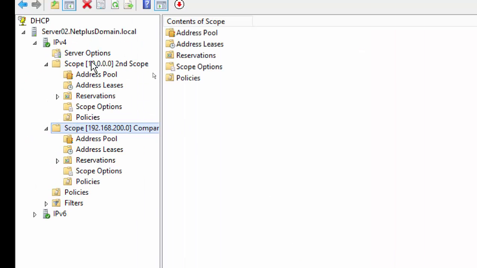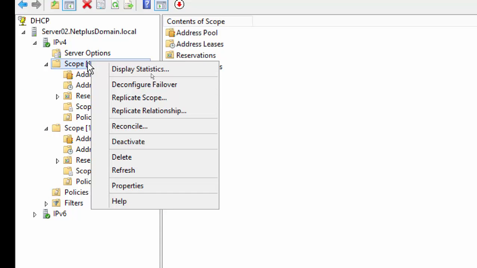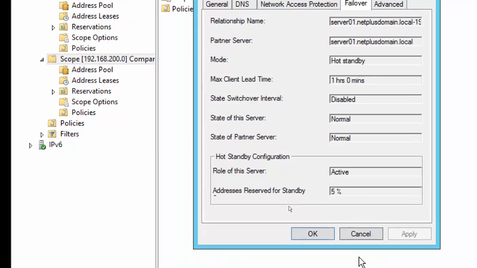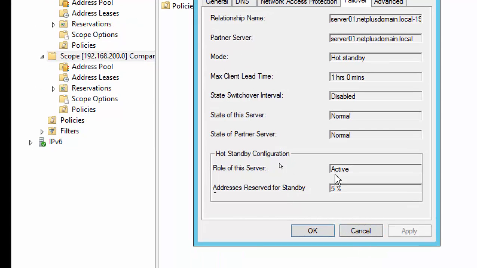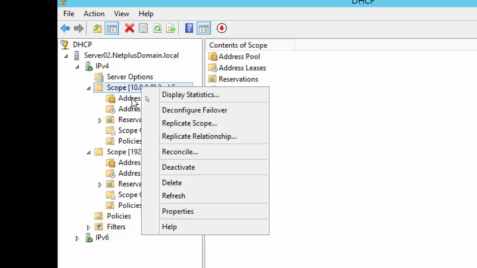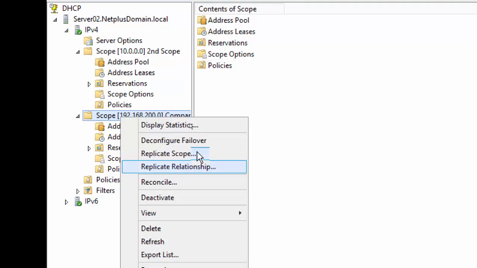So this is just available if we go to the 10 server, 10 IP address, 10 scope, and go for the failover configuration. Also, it is showing that rollover server is active now. Whichever server is active, it is showing there. So we cancel out from here as well, right? Now if we go to our 192 scope and deconfigure or replicate or reconcile,